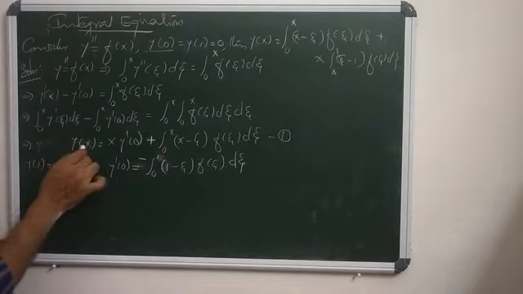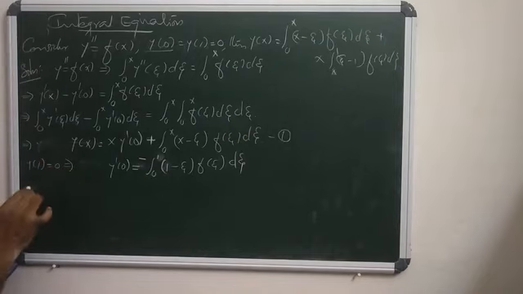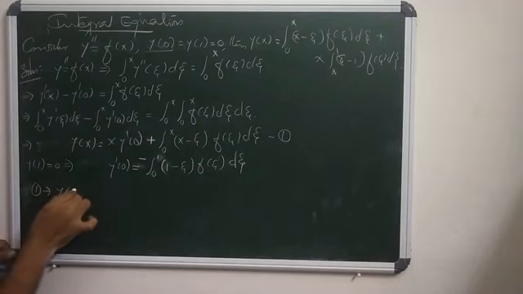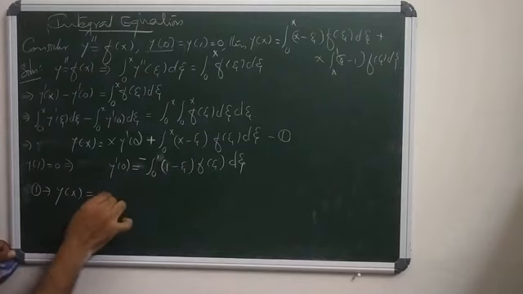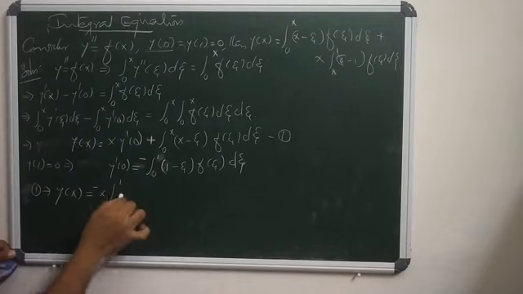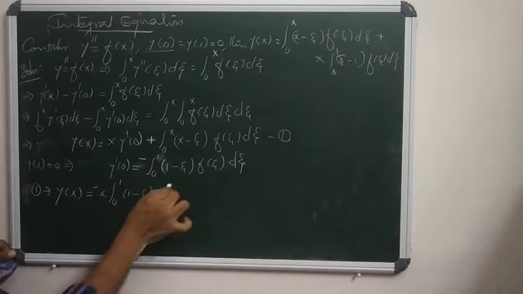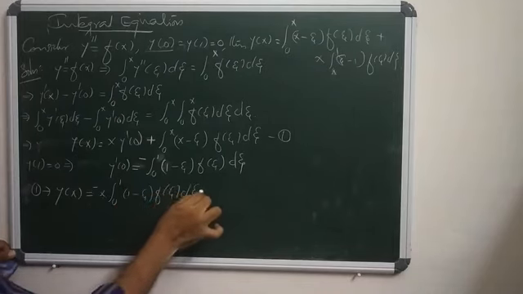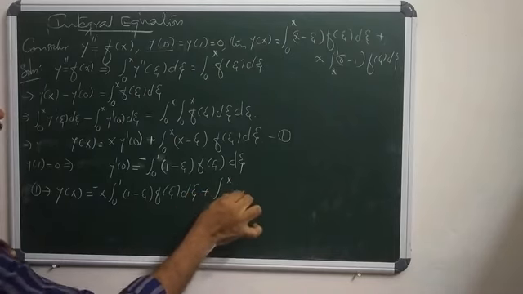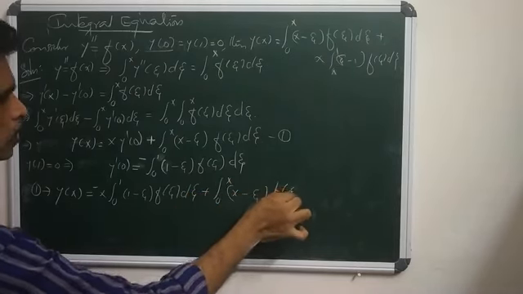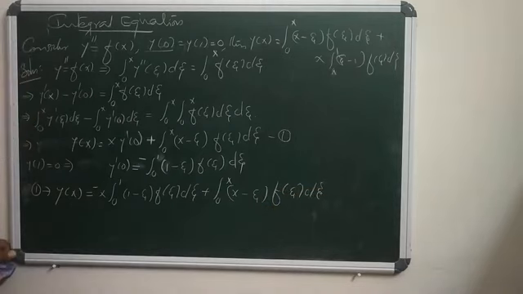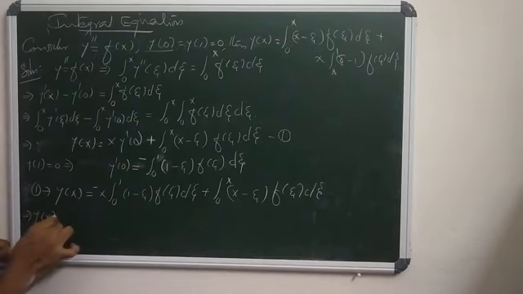Therefore equation 1 becomes y of x equals x into y dash naught. What is y dash naught? It is minus x into integral 0 to 1 of (1 minus theta) f of theta d theta plus integral 0 to x of (x minus theta) f of theta d theta. That means y of x equals